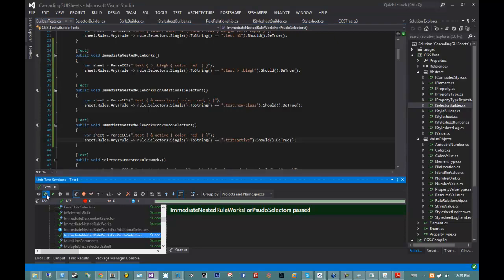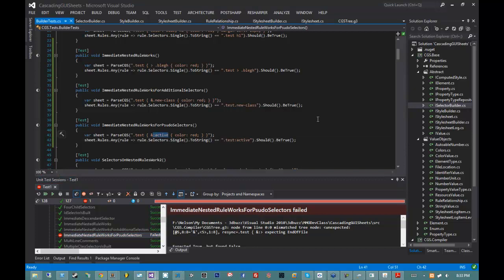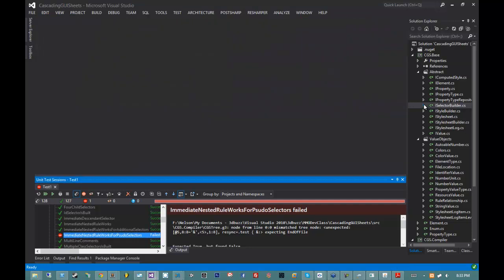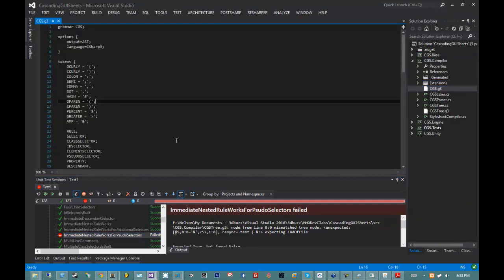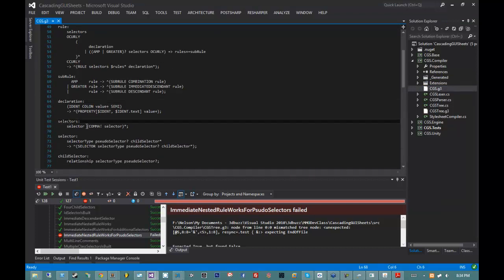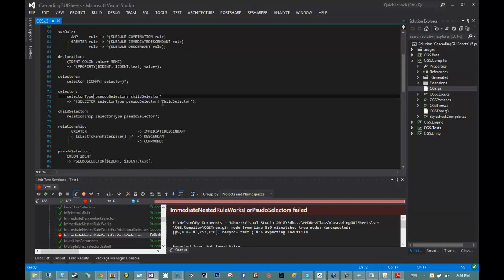The reason this is failing is because neither my tree parser nor my parser is set up to handle selectors that are literally just a pseudo selector. We can fix that because I think that's just an arbitrary limitation that I put on the grammar itself. Because if we look here, we see selectors is a selector, which is a selector type followed by an optional pseudo selector followed by a child selector. If I make the child selector or the selector type optional, that would